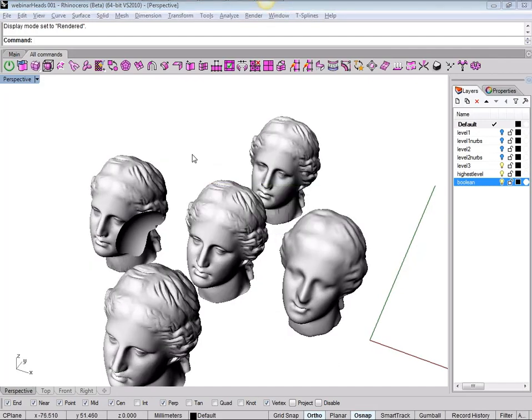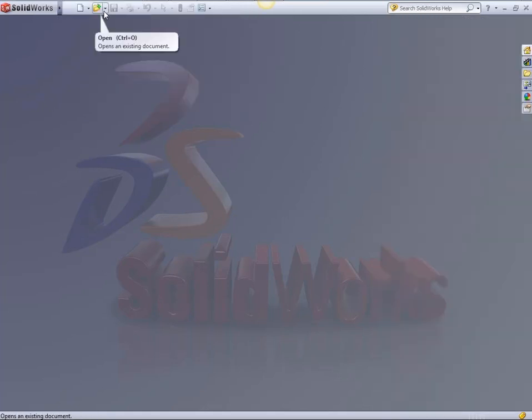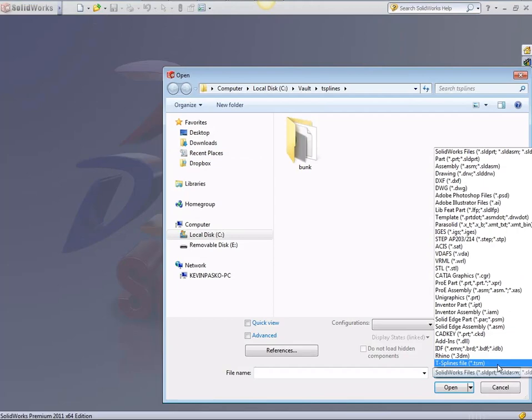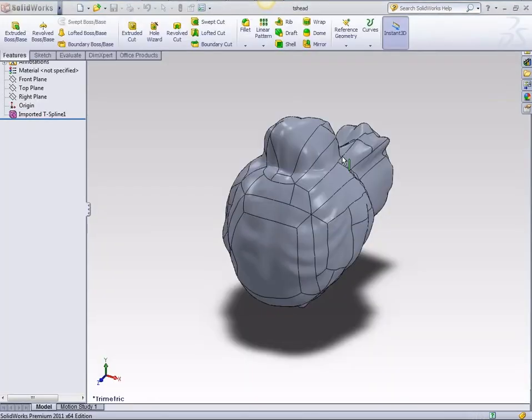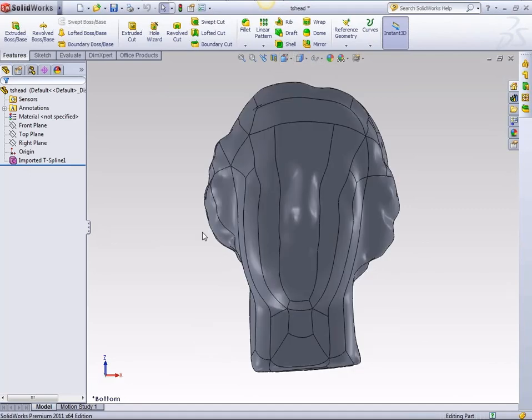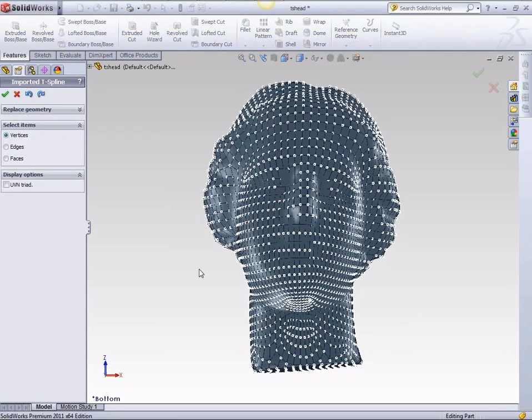The next step into this process is, we can bring this into SolidWorks. And we can edit and manipulate this